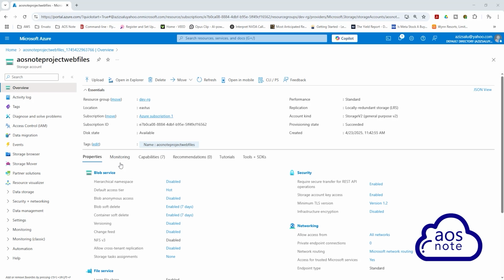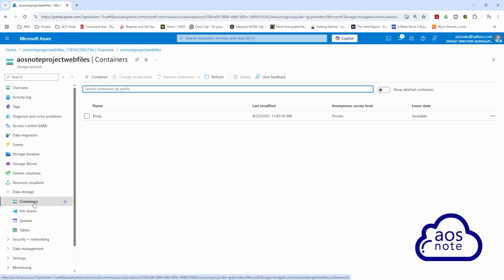bucket in AWS. To start, make sure you are in the storage account that we created in the previous lecture. You can see that I am already in that storage account here. I also want you to use the link in this video's description to download the application code that we will upload in this container. Once you are in the storage account, select Data Storage in the left menu, then select